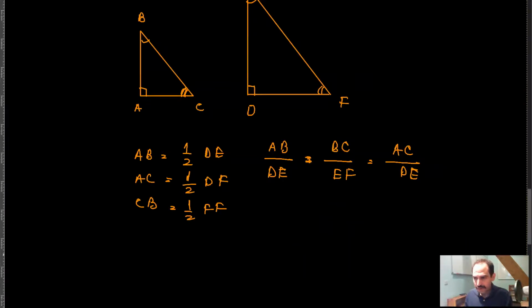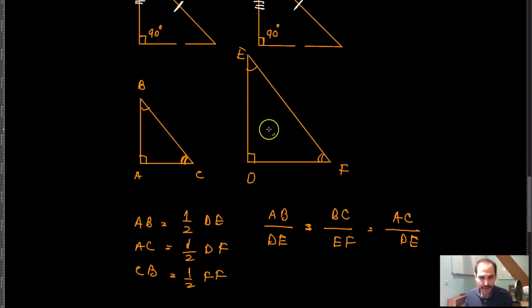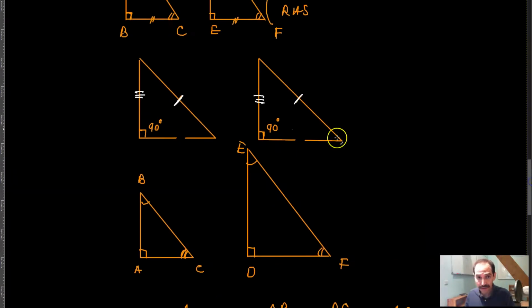So the ratios basically remain the same, and what that means is that the triangles are similar, but the size could be different. Of course, you can say that these two triangles are congruent, and you could say that they are also similar, meaning that the scale factor here, for example, is equal